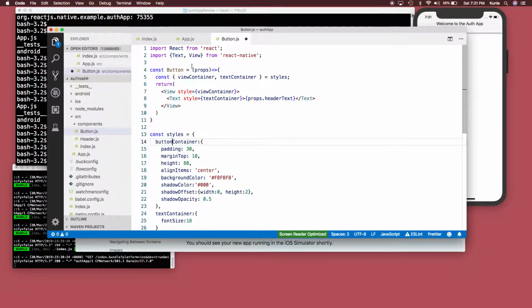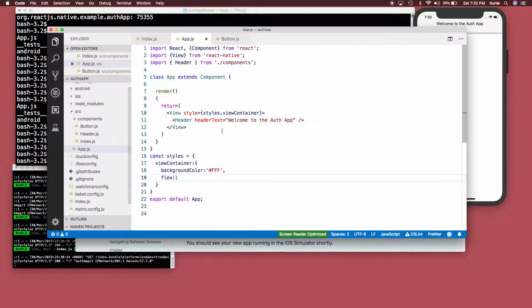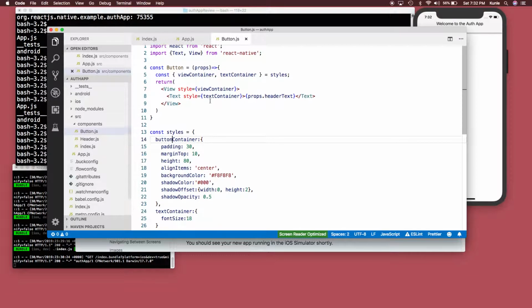Oh, let us export it. Button. So we've done that as well. So the next thing is, well, the button is not yet done, but I'm just saying. So let's say